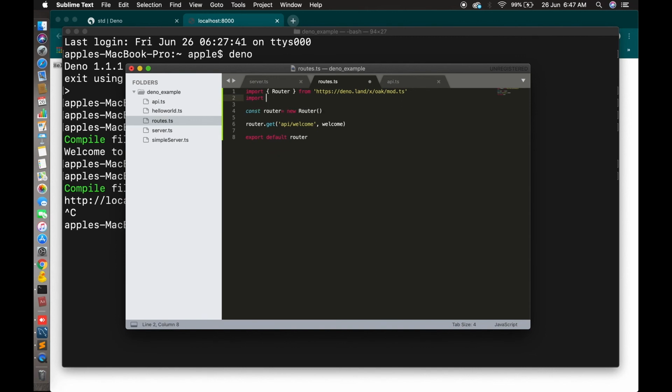For that, import welcome from your api.ts.